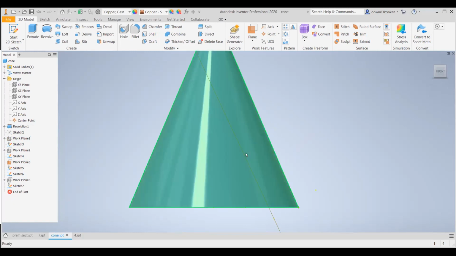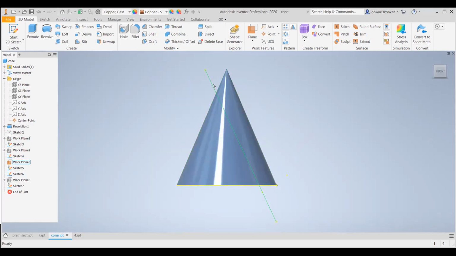If this section plane is parallel to the generator of the cone, then the true shape will be a parabola. You should select the section plane in such a way that this line, which represents the section plane, must be parallel to this generator. This is the end generator for the cone. And if you remove this portion, then you will obtain the true shape as a parabola.